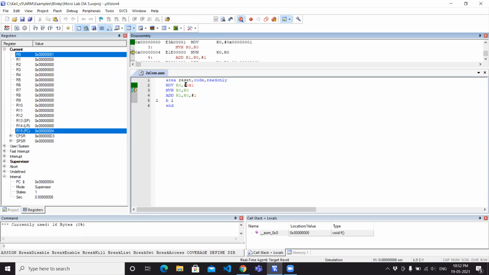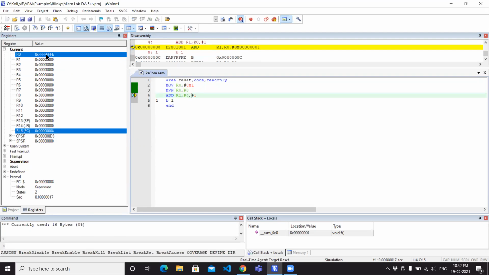When the first step is executed, the value 1 is loaded into the R0 register. For the next step, this command is the bitwise NOT operation. So we are converting all ones into zeros and all zeros into ones in the R1 register value.